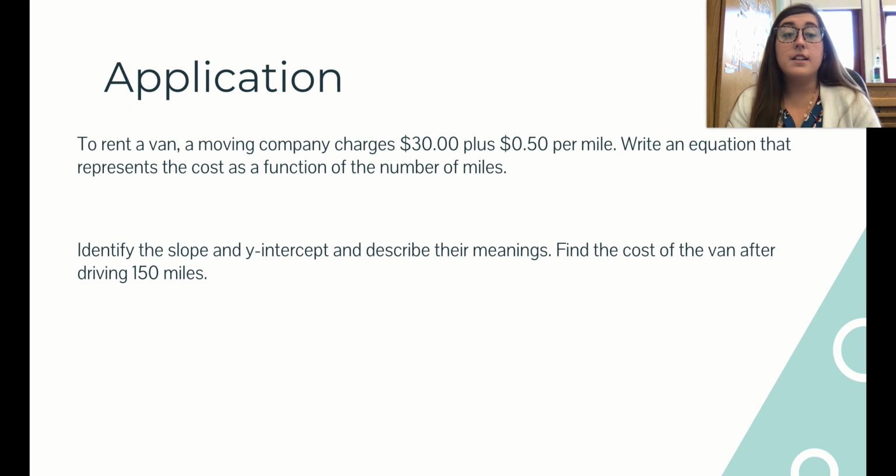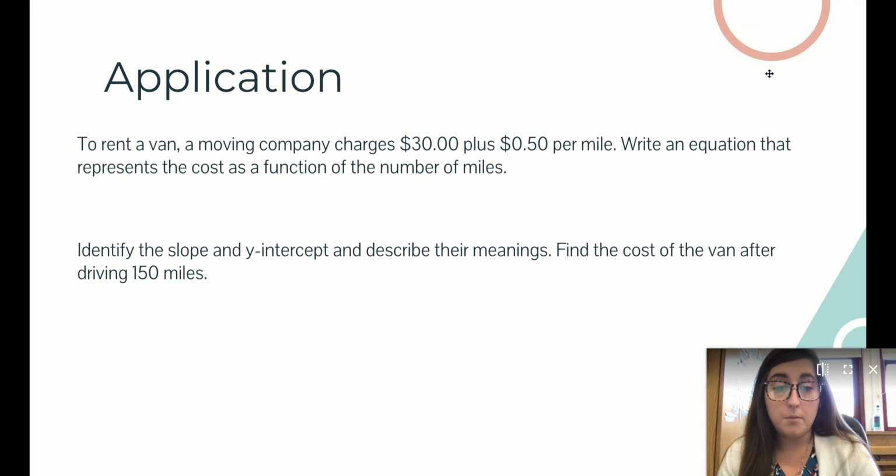Okay, so now let's look at just an application problem. With this problem, given the situation, to rent a van, a moving company charges $30 plus 50 cents per mile. Write an equation that represents the cost as a function of the number of miles. Identify the slope and the y-intercept and describe their meanings. So we have,